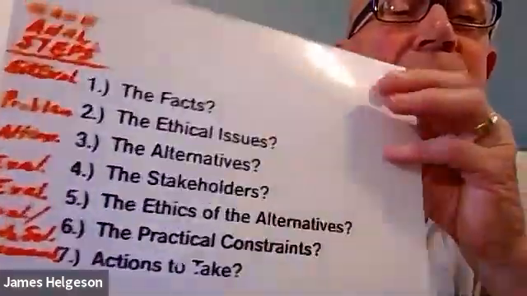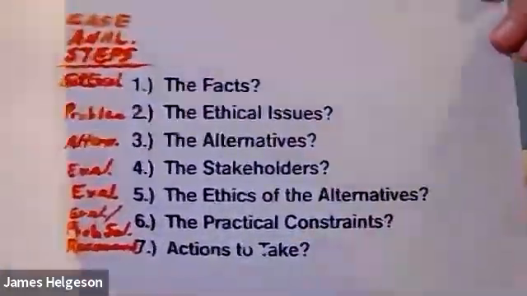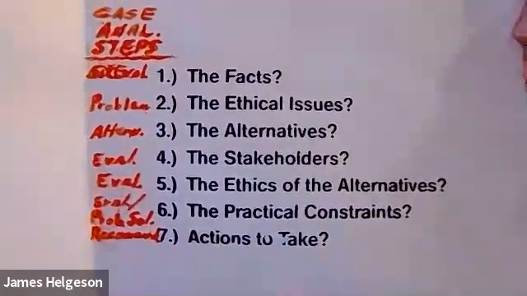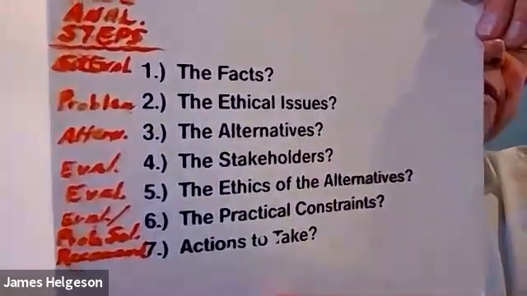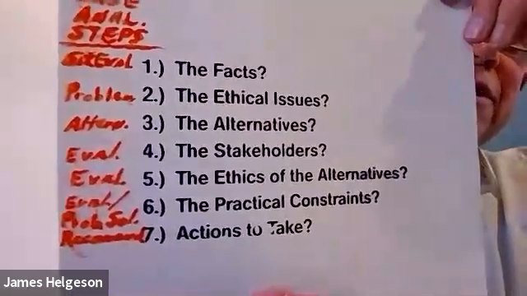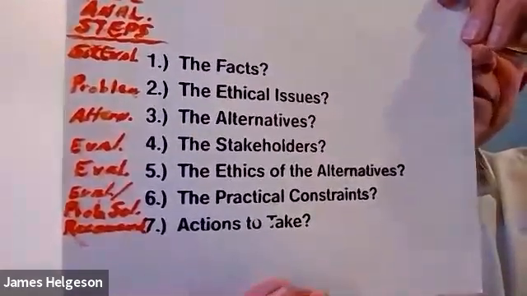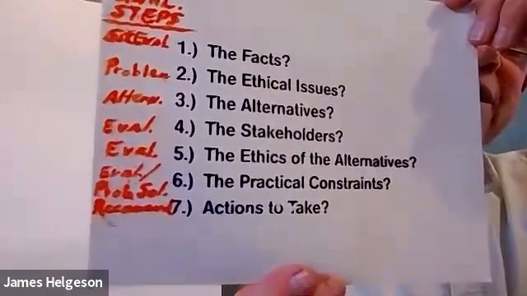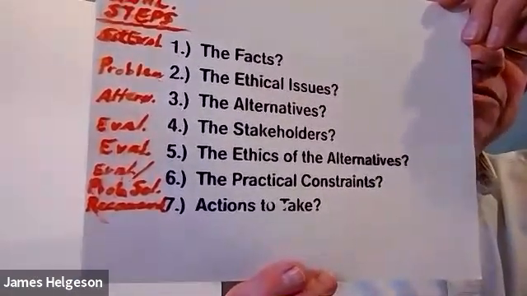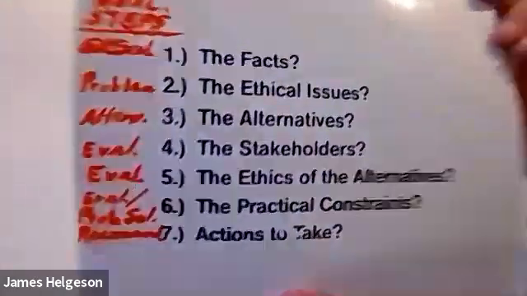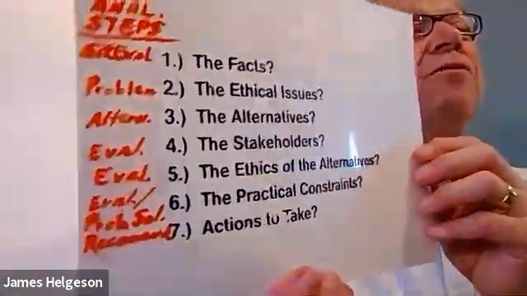Yeah, it's like a step of case analysis. Just thought I'd find this where it's kind of laid out for you. Situation of values, like the facts; problem is like the ethical issue; alternatives; evaluation of who's impacted; evaluation of what the alternatives are; practical constraints, that's like evaluation of problems with your solution; and then recommendation. That's a little model for